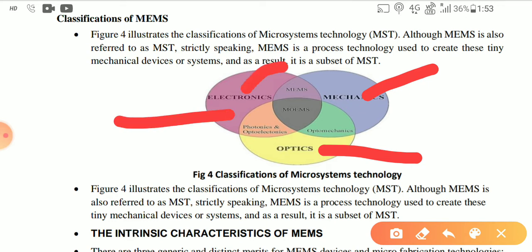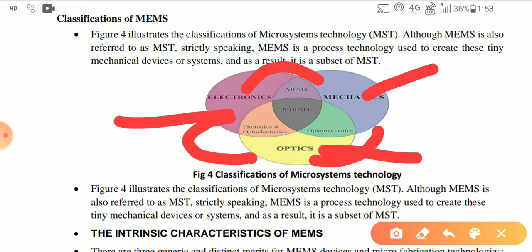So these two blocks are combined to make a MEMS. Electrical and mechanical branches combined. You can combine two components to make a MEMS, a micro electromechanical system. And if you combine optics and mechanics, that means you call it optomechanics. And electrical and optics components are combined to make